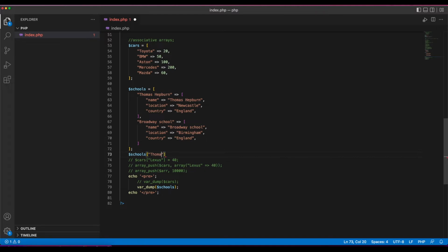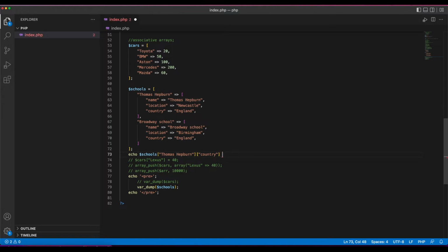So you'll add schools, brackets, and then the name of the array that you want to access, or the index, or the key that you want to access, Thomas Hepburn. And then inside of that we want to access the country, right? So we'll add another brackets and then the key, which is country. We said we want to access England, so let's just echo this,